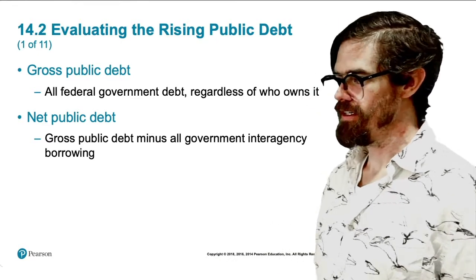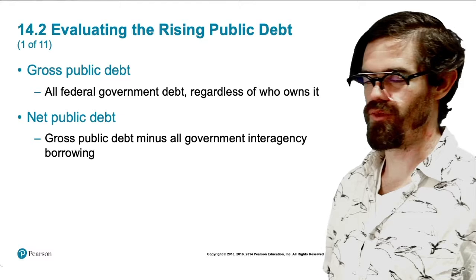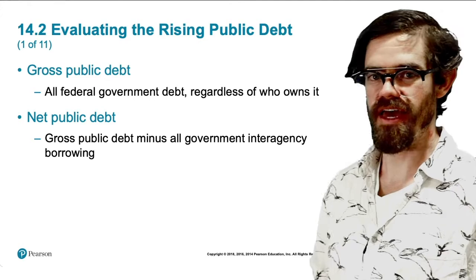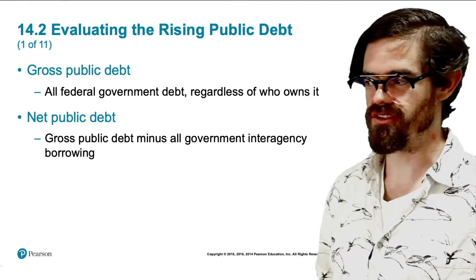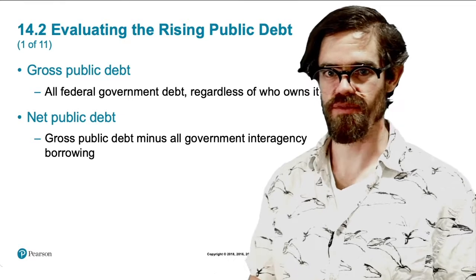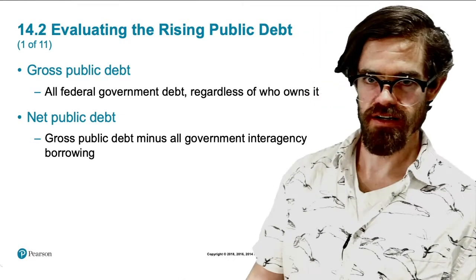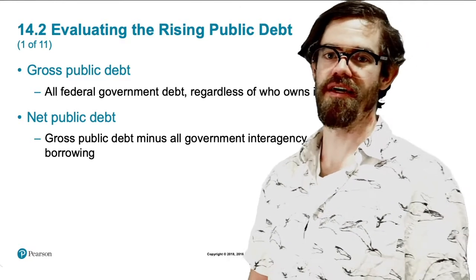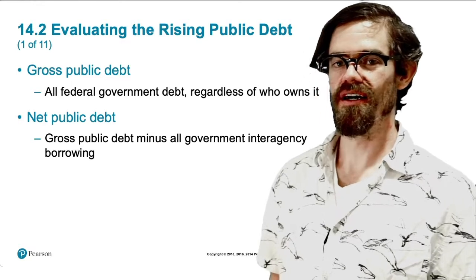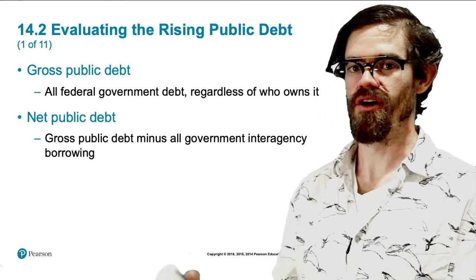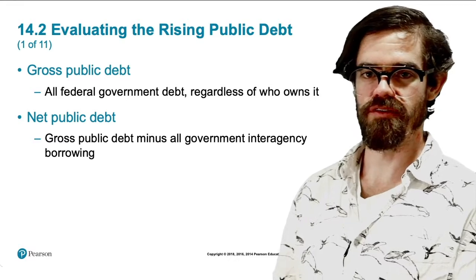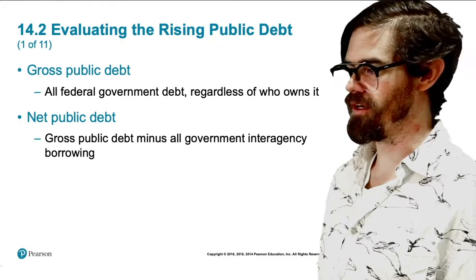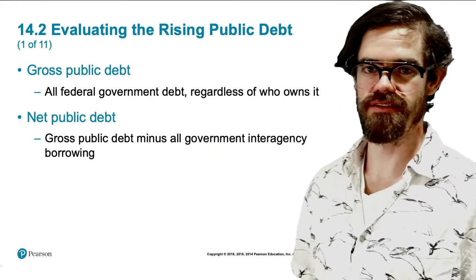owns it, okay? Now, compare that with net public debt, which is gross public debt minus any debt that is held by government itself. So as it turns out, the government sometimes lends money to itself as far as other departments go. So the FBI might have some extra money that it lends to the Department of Homeland Security, or the FDA might have some extra money that it loans to, say, the Department of Education. And so if we get rid of that intergovernment borrowing, we have net public debt, okay, which is